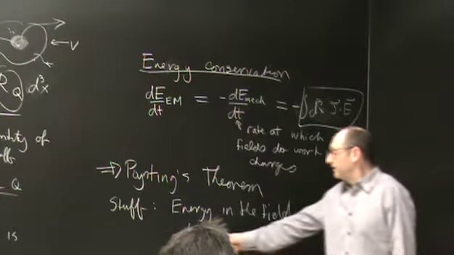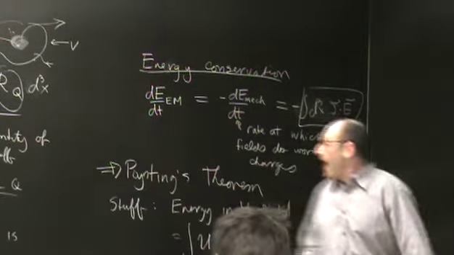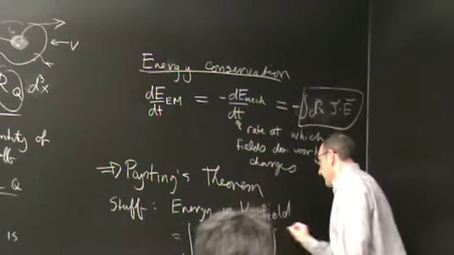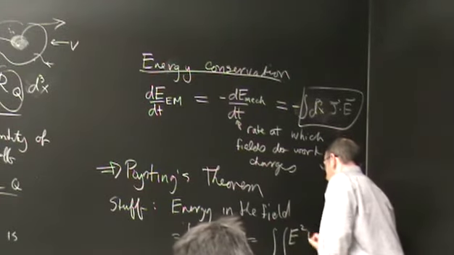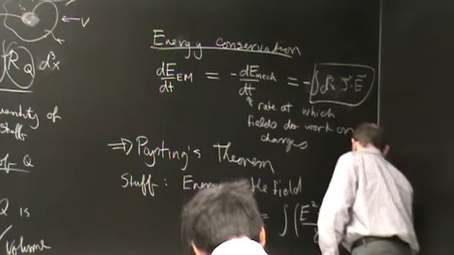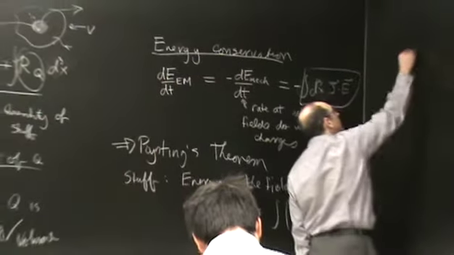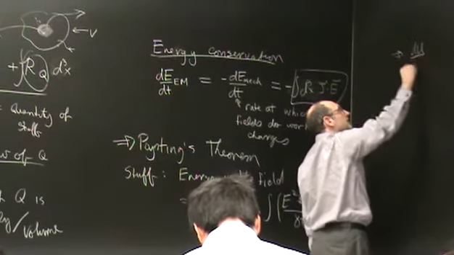So that plays the role of rho. And the energy density is E squared plus B squared over 8 pi. And the Poynting theorem tells us that the rate of change,